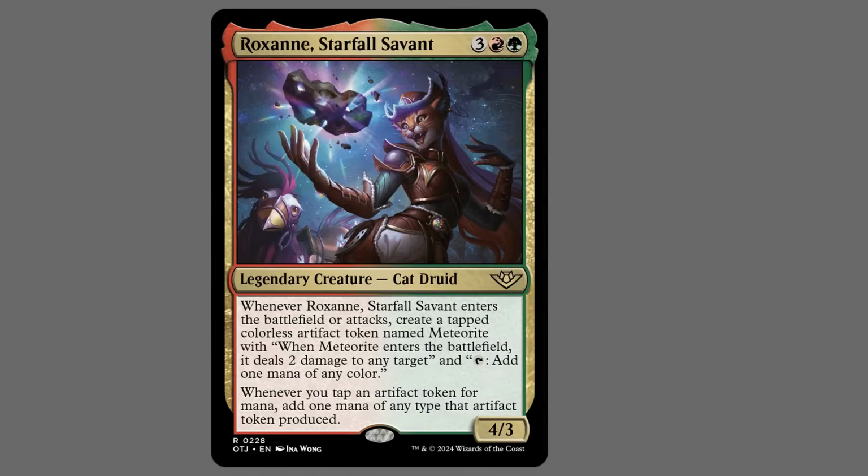For Roxanne, she has a Golos play pattern where if she's nuked from orbit, she still...